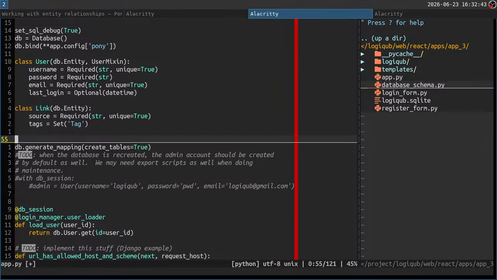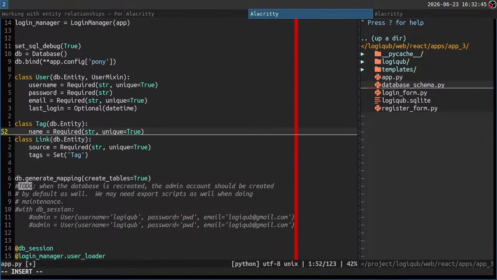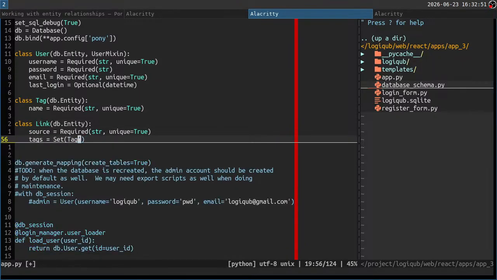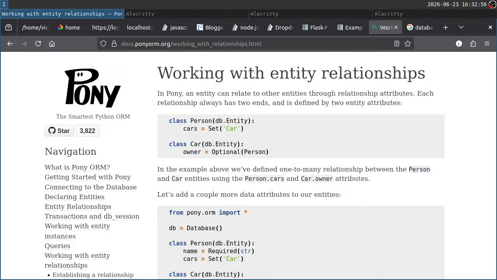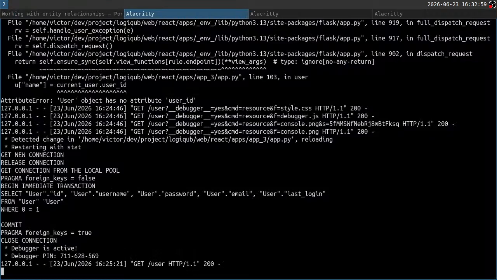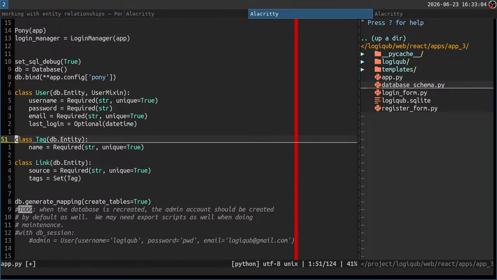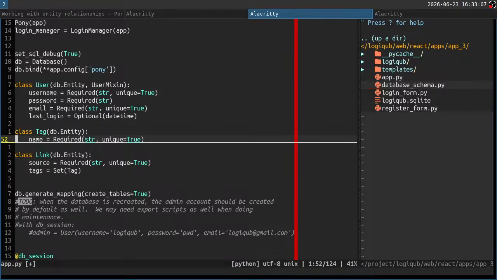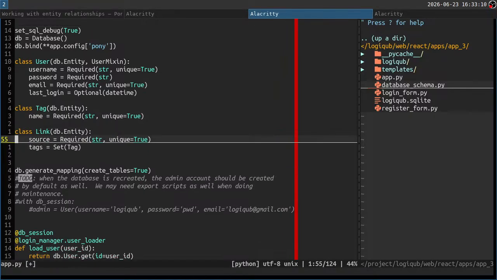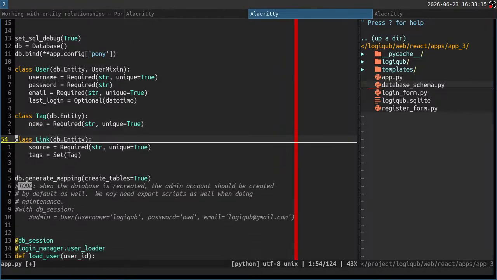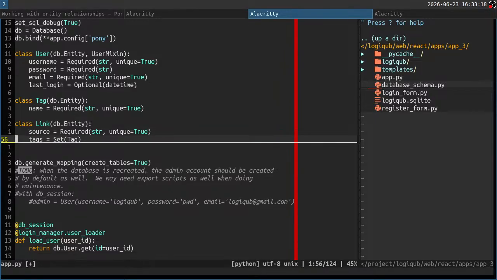But actually I can have the tag be there instead. So this will be like this, maybe. I can pass the class directly, right? Yes, I can pass the class directly, so a set of tags. So I need to create a tag and then a link can have multiple tags, and then